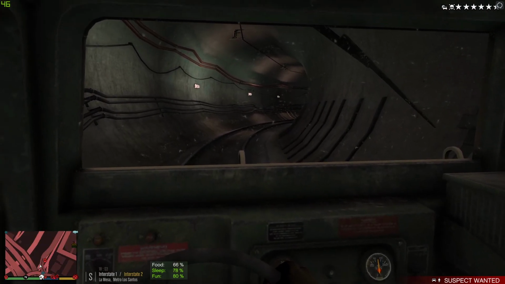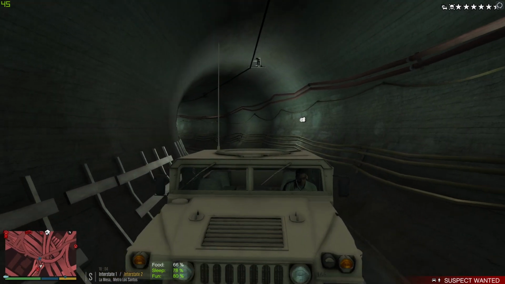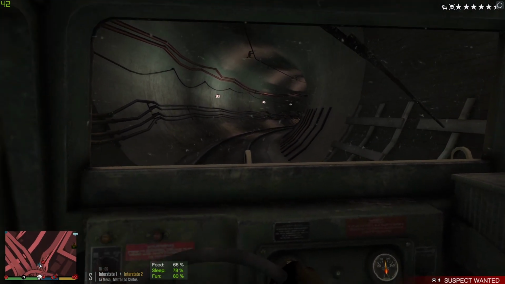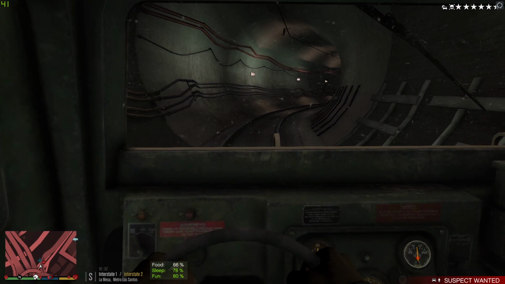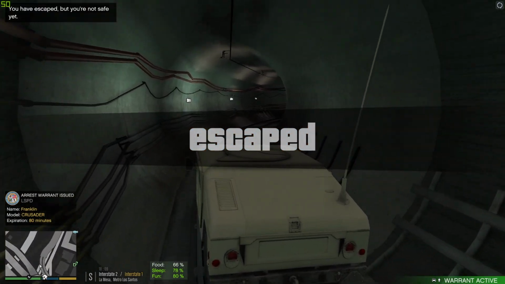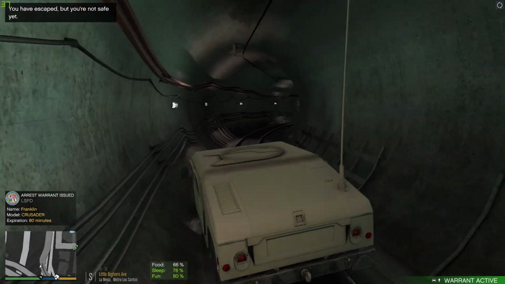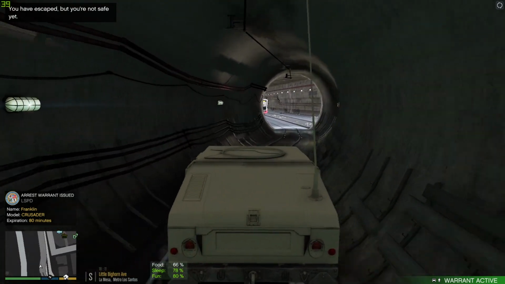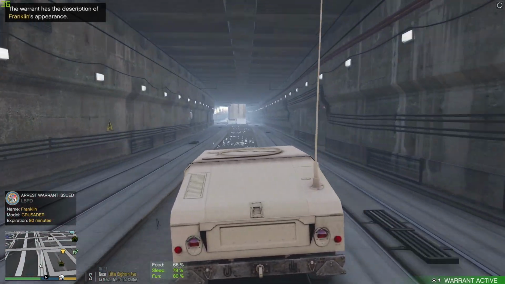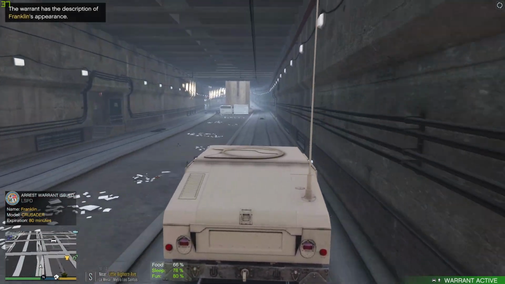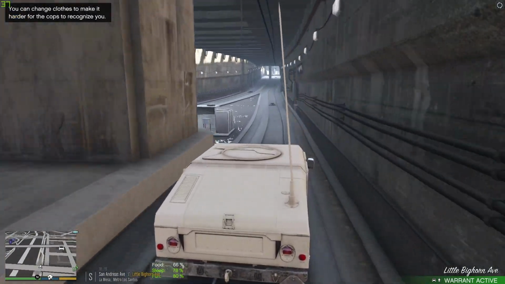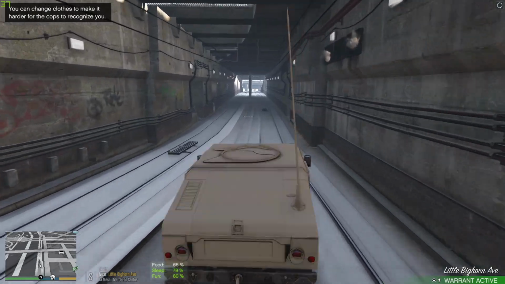Once I get rid of this wanted level, I'll show you guys how the warrant system works, to some extent. Not fully, but you know, they'll notice you and stuff. Okay, escaped. And the expiration is 80 minutes. Okay, wow, I'm about to crash, but to be honest, I've tried out the Better Chases mod that I showcased on this channel a couple videos ago, and it's actually not a lot harder, but